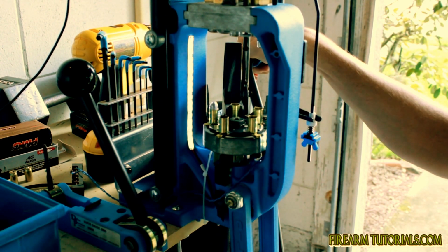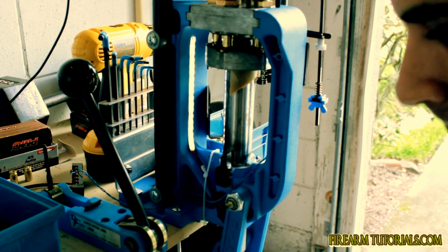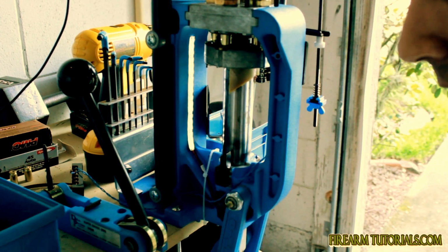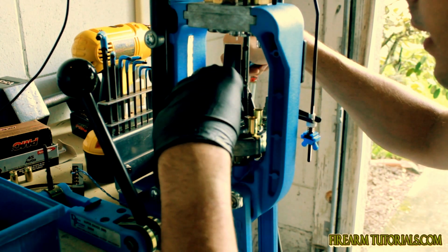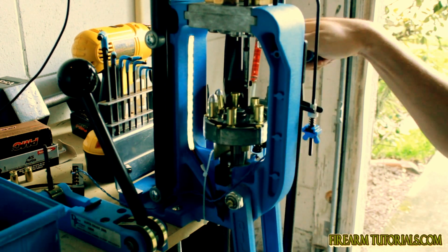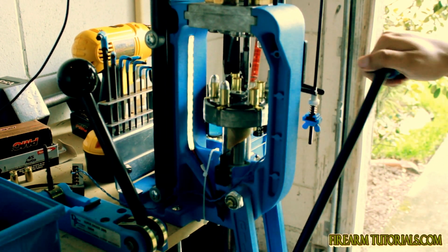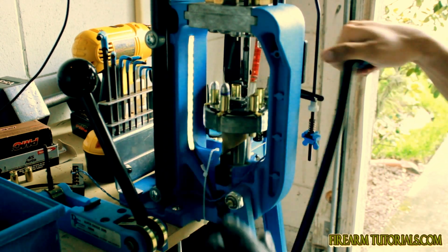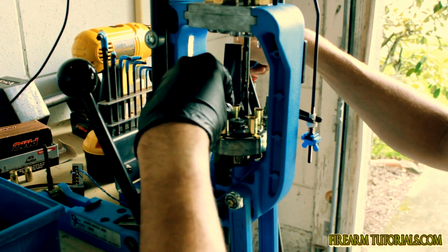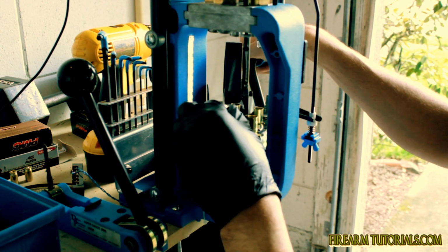I've done a lot of videos on this press, but never actually showed it in action. So this is just some 45 ACP, kind of just see this thing going through its paces. I don't have a lot of belling on these, so I'm kind of more carefully placing them in the shells. Some of these bullets have a little burr on them, so